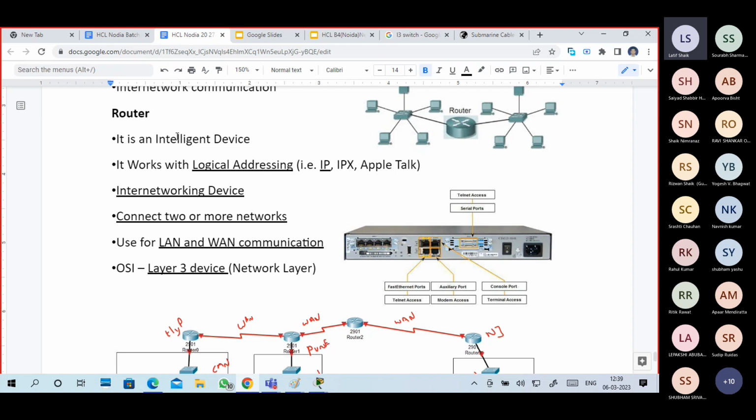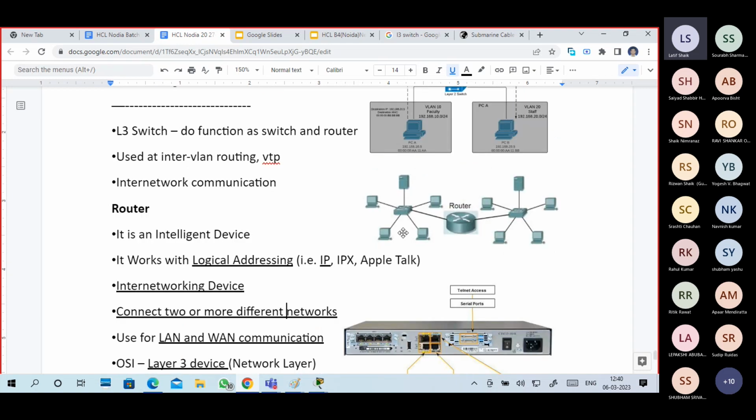A router is an inter-networking device, used to connect two or more different networks. What is inter-networking? Communication between different networks. So a router connects two or more different networks. Router is used for both LAN and WAN communication.